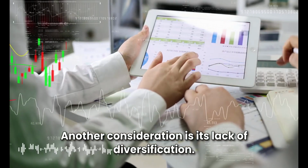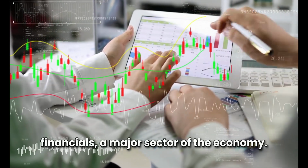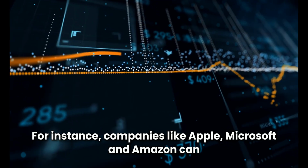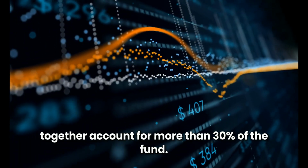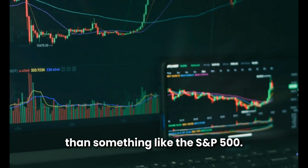Another consideration is its lack of diversification. While QQQ covers 100 companies, it excludes financials, a major sector of the economy. Additionally, its top holdings make up a large percentage of the ETF's weight. For instance, companies like Apple, Microsoft, and Amazon can together account for more than 30% of the fund. This means QQQ's performance is highly dependent on a few key players, making it less balanced than something like the